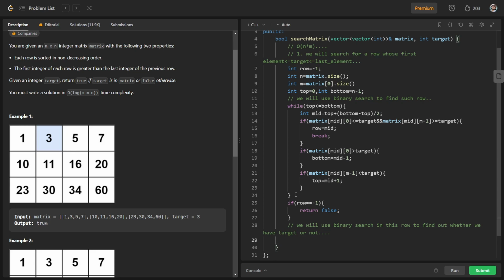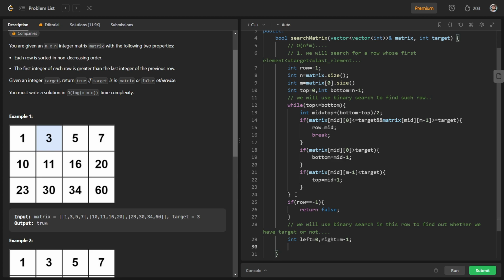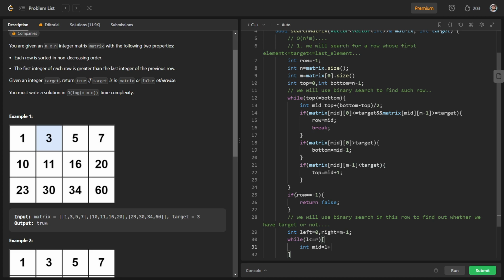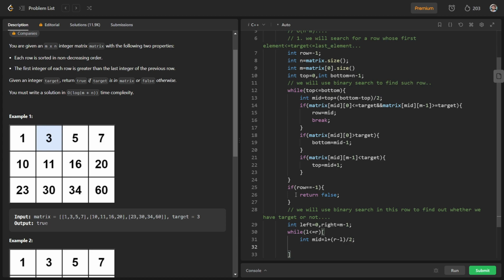So for this we will have our variables: left is equal to 0 and right is equal to m minus 1. While l is less than or equal to r, int mid is equal to l plus (r minus l) upon 2, and we will check matrix of row and mid.